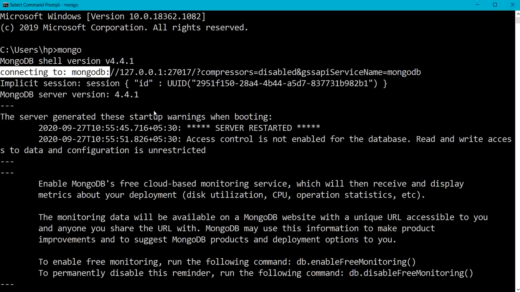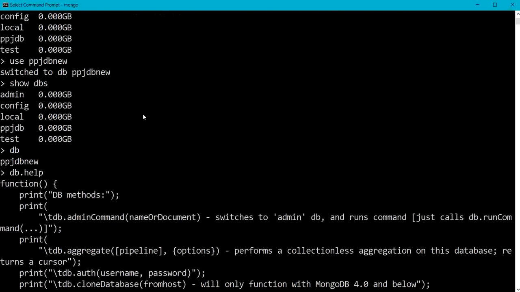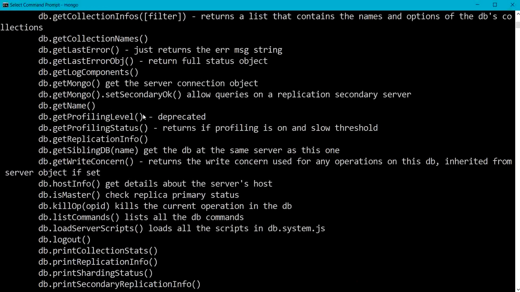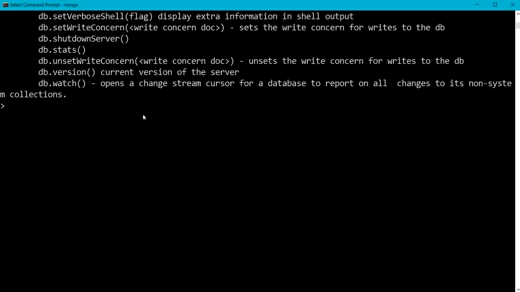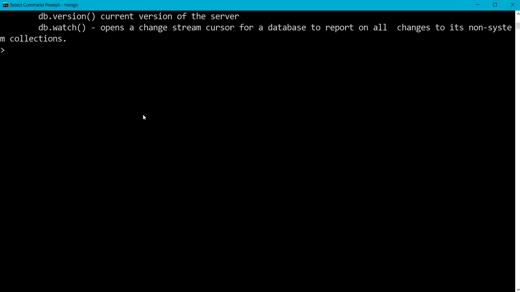Initially, we'll check the version of MongoDB. So let me go to the prompt. Here we are checking the version of the MongoDB database management system. So here I am having version 4.4.1.